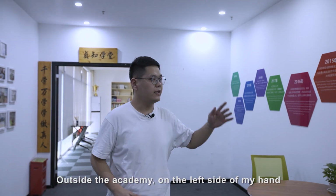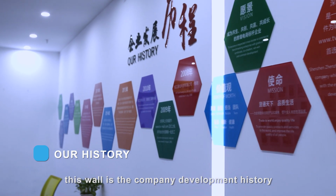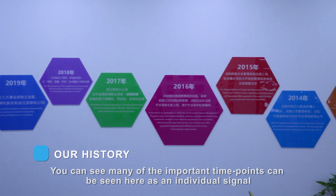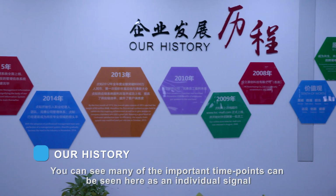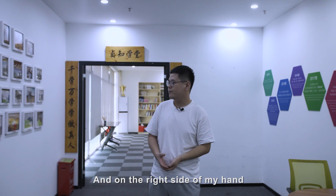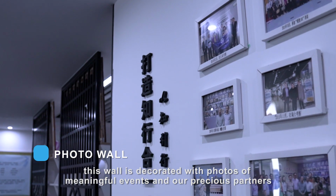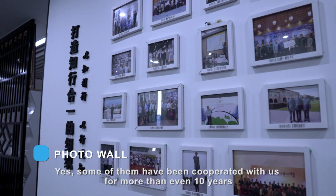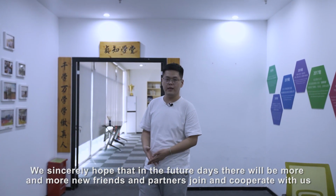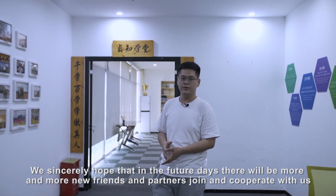Outside the academy, on the left side of my hand, this wall is the company development history. Zhenzhi was first established on July 20, 2008. You can see many of the important time points here as individual signals. On the right side of my hand, this wall is decorated with photos of meaningful events and our precious partners. Yes, some of them have cooperated with us for more than 10 years. We sincerely hope that in the future more and more new friends and partners will join us